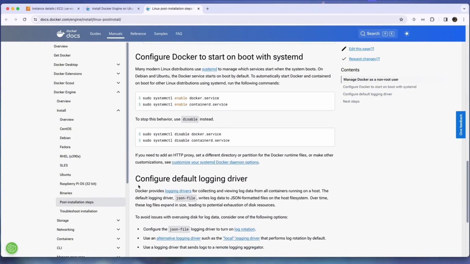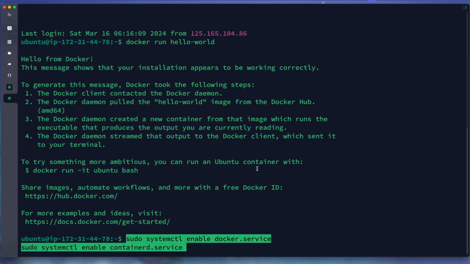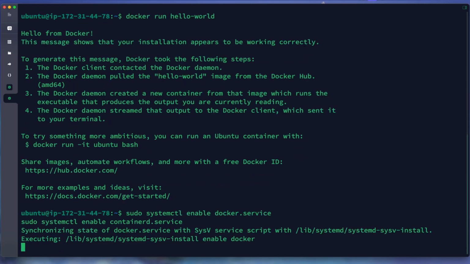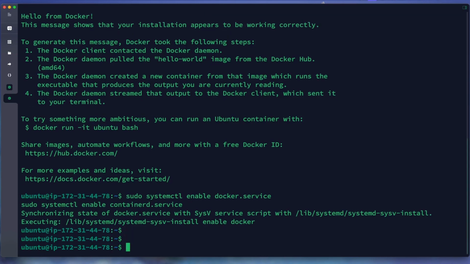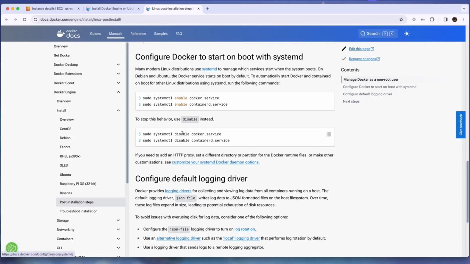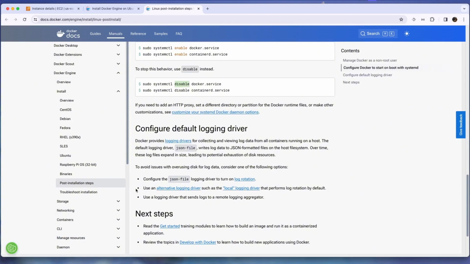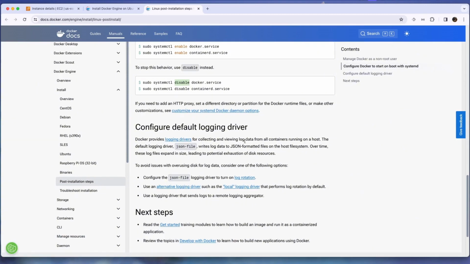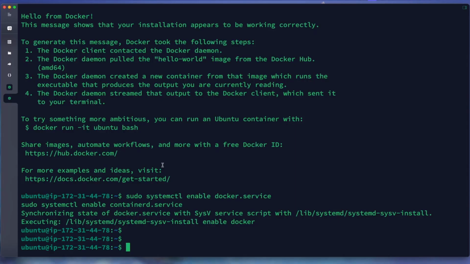the next one is configure Docker to start on boot with systemd. So we need to run this command. When we start or restart our server, Docker will also start. Okay, to disable this one, we change enable to disable if we want to disable Docker when we start or restart our server. Logging, we don't change this format. Okay, I think